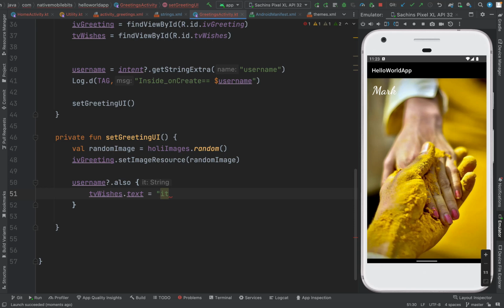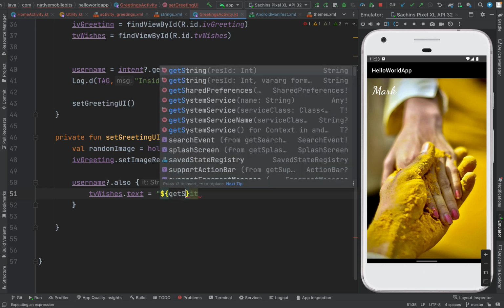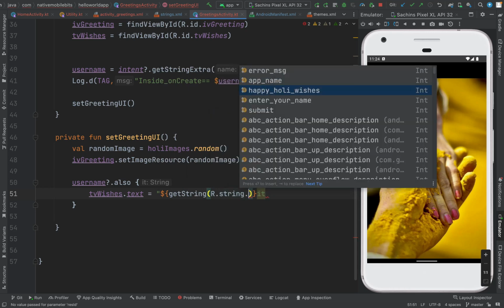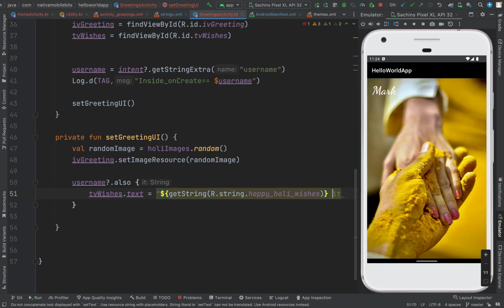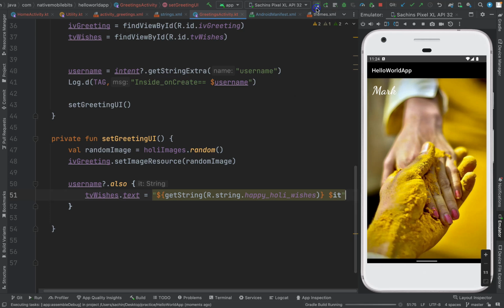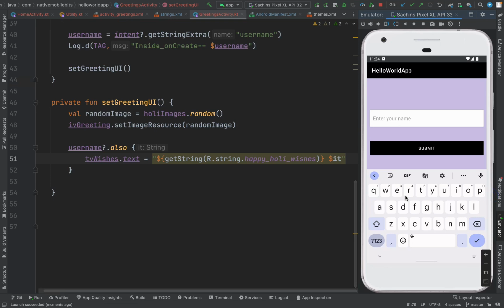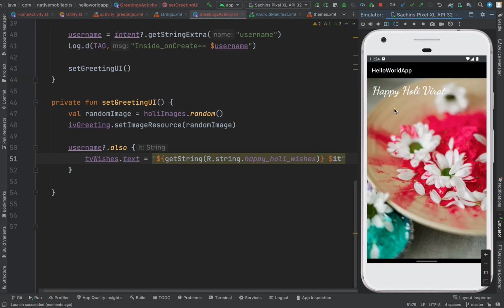So with this get string, we need to take R.string.happy holi wishes, then space and the username. Okay, like this we can form a string template. Now let's run our application, and we can enter any name. We can enter here again Virat, and it will say happy holi Virat. Okay, and for now let's remove this